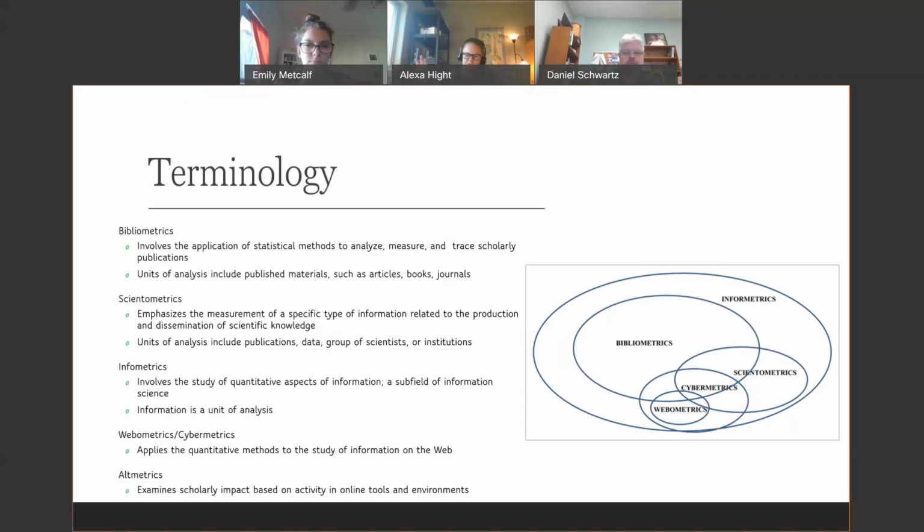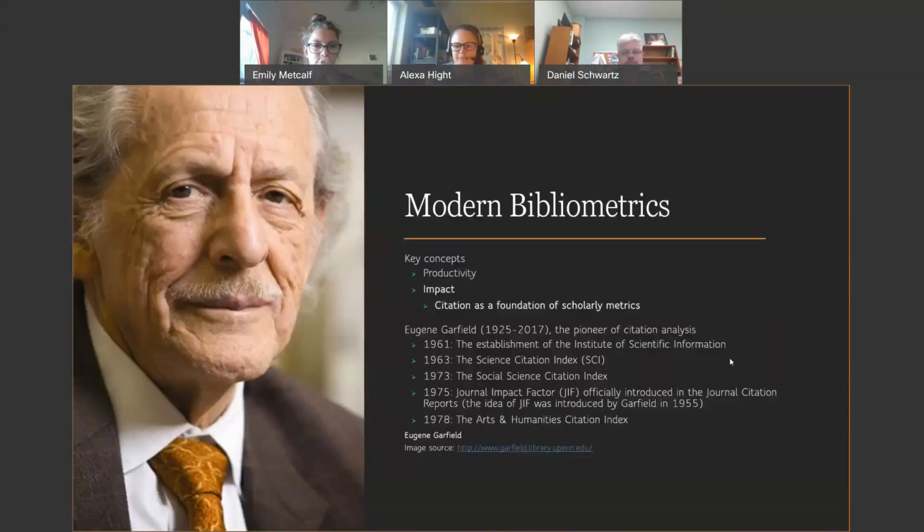But what altmetrics does, and you might notice it's not actually in this graphic, is look at scholarly impact based on activity in online tools and environments. So it's not looking at an actual piece of information necessarily. So, modern bibliometrics, again,